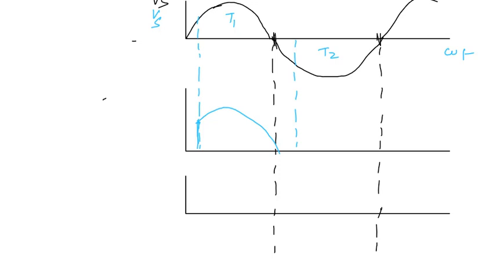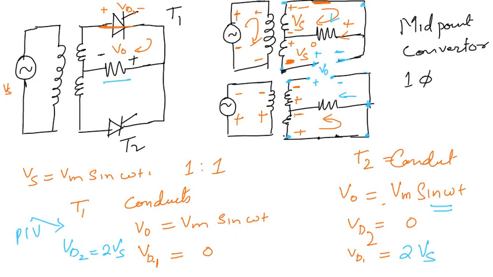if you see the diagram here, if this is your A and this is your B, when A is the positive terminal and B is the negative terminal, Vs is this. And when the reverse happens, when B is the positive terminal and A is the negative terminal, then T2 conducts, right? So here we will be getting VAB, here you will be getting VBA.